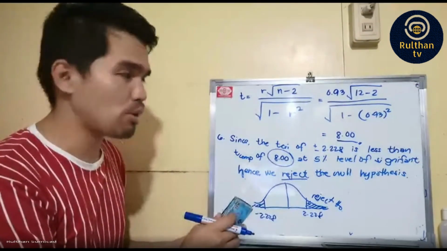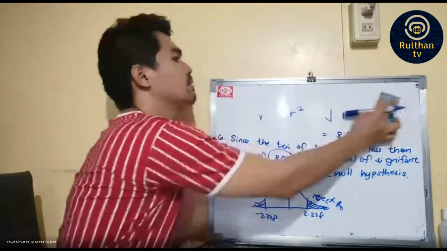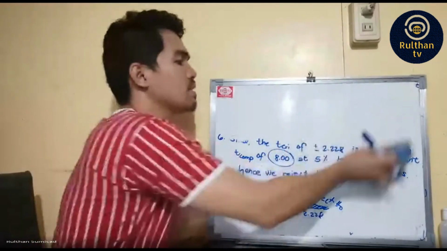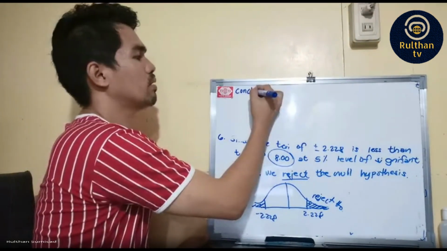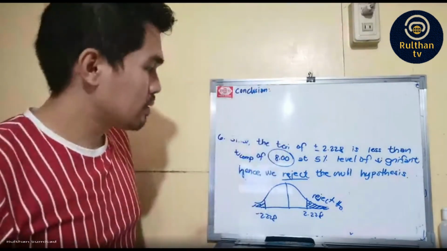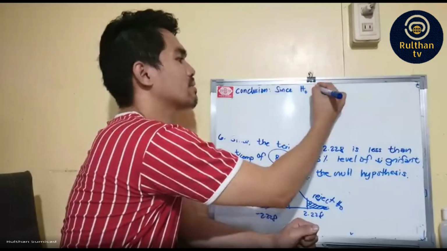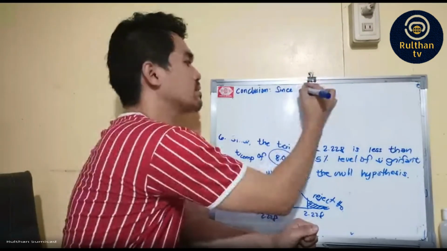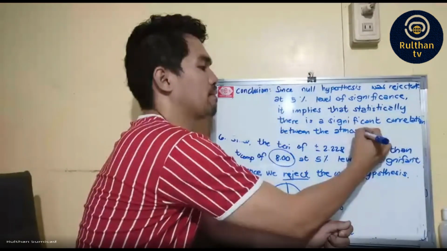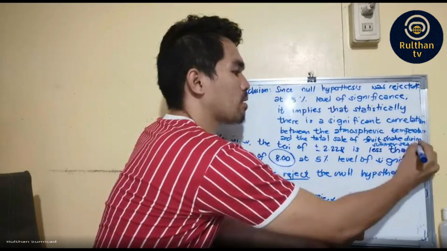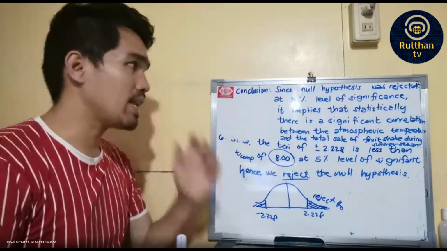So as we rejected the null hypothesis, what then is our conclusion? We will also state our conclusion. I think I'll have to erase this portion because we're good with this one. So our conclusion: since the null hypothesis, H0, was, let's just put the complete word, since the null hypothesis between the atmospheric temperature and the summer season sale is rejected at 5% level of significance, it implies that statistically there is a significant